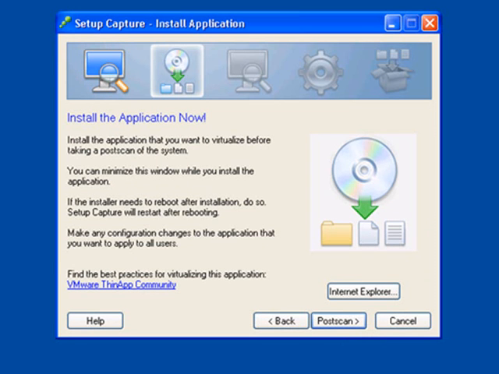Now that the pre-scan is complete, we can install our application. If you do happen to close this wizard or need a reboot as part of the installation, simply run the ThinApp Setup Capture wizard again after the application is installed. The first thing the wizard is going to do is check to see if there is a pre-scan already completed on this machine. If there was, it'll bring it up and ask if you want to continue with that pre-scan or start a new one. If you choose to use that pre-scan, it'll take you directly back to this screen. So let's go ahead and close this window,